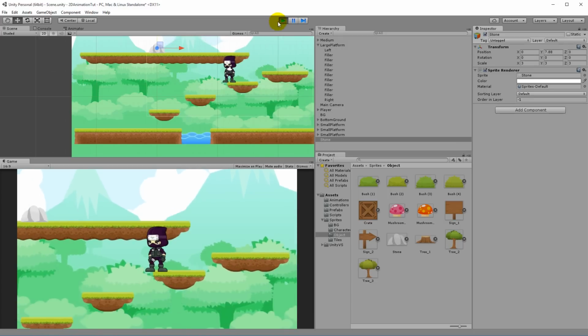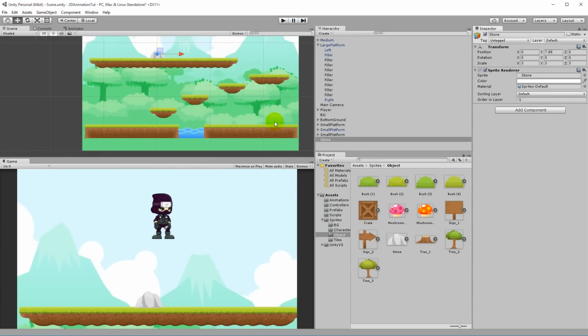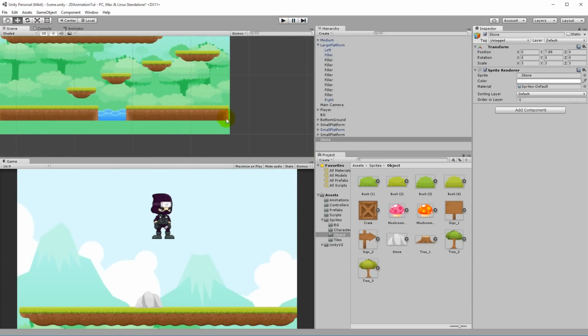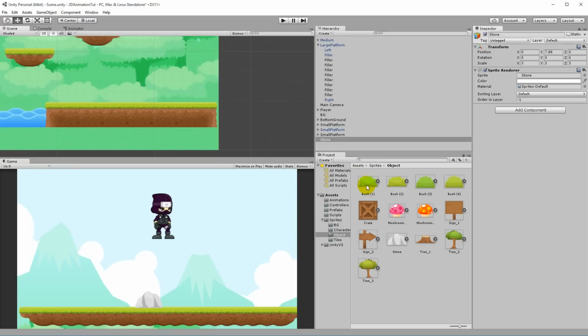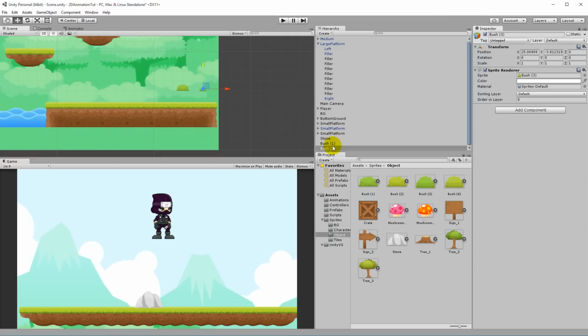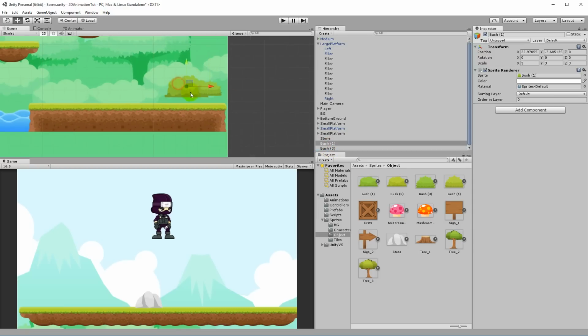Or if you want something the player should walk behind, you can go down here in the corner, for example, and add a bush and another bush here. Let's try to add one darker, and then make both of them a little larger. Didn't I do that to both? So apparently they have different sizes.